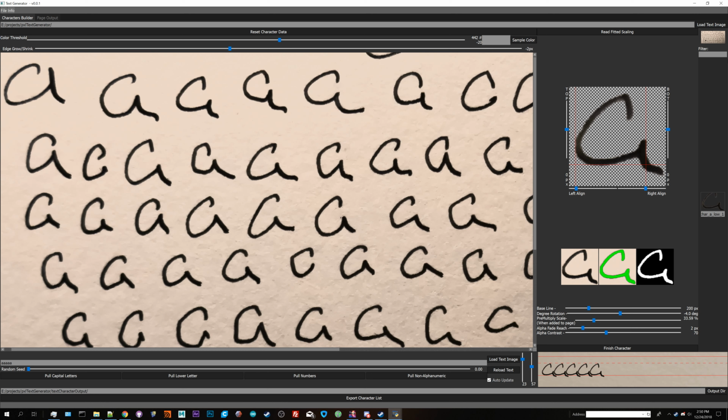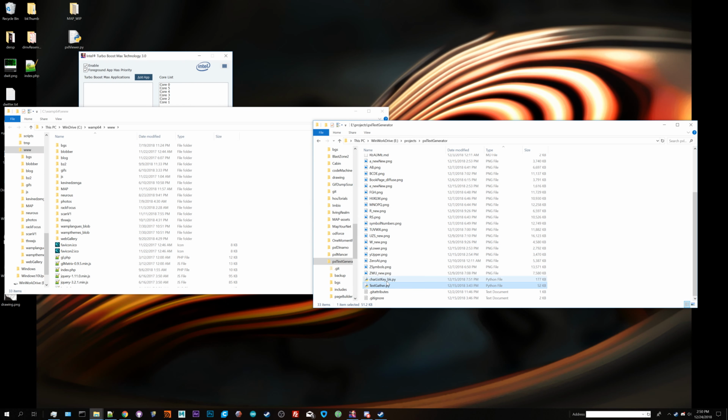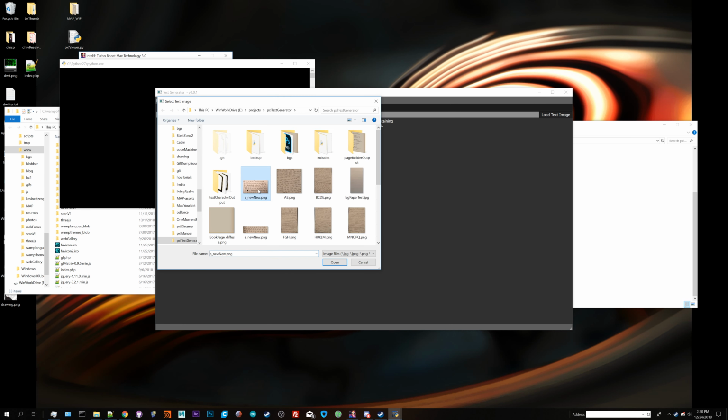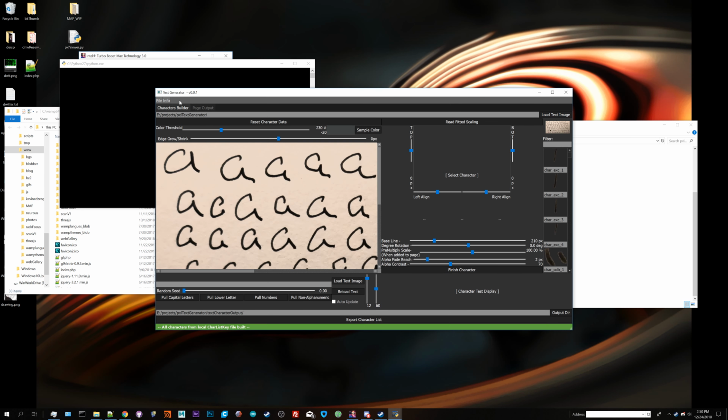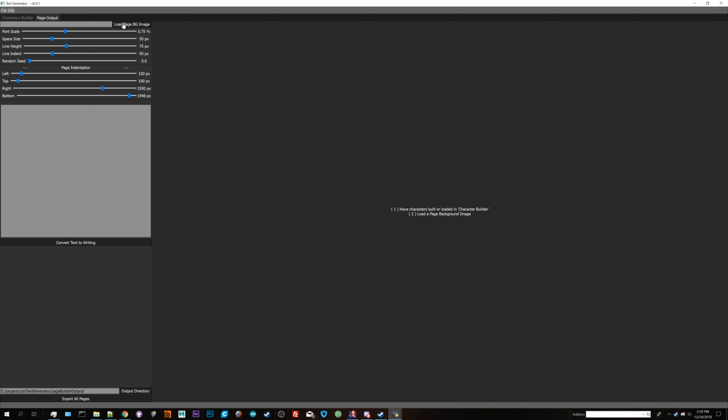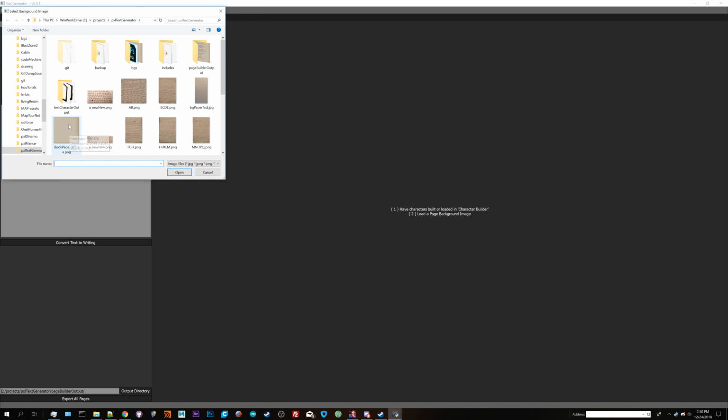It'll actually export all of them so that when you load it up again, well, of course I didn't save anything, but I'm just going to hit discard. If I load up one that I've already saved, let's say just leave it be as is, load in another page. I need to figure out a better way of doing this, just to have like a file pull down load. But you notice all the characters are now loaded in that I've generated in the past, and I can just use the test bed again, or I can go over to the page output, go over to generate a new page,